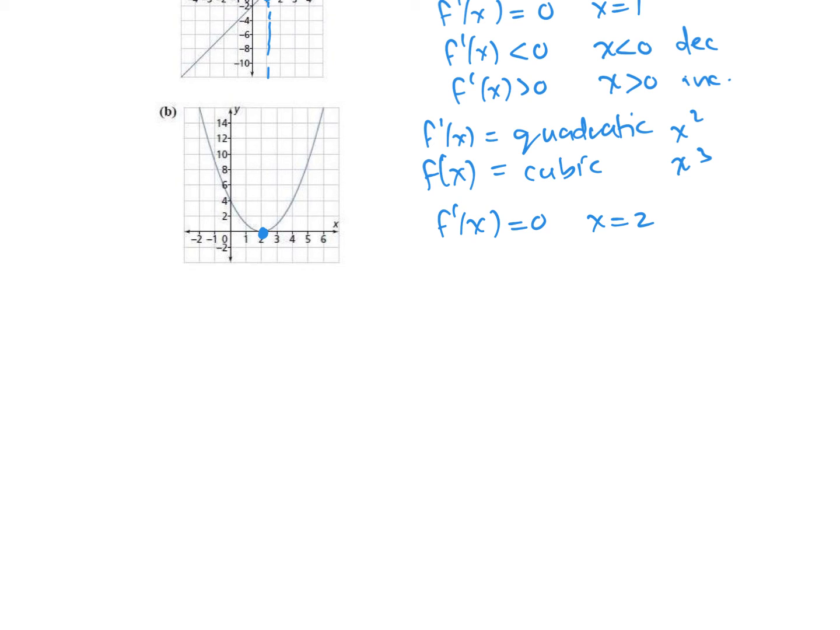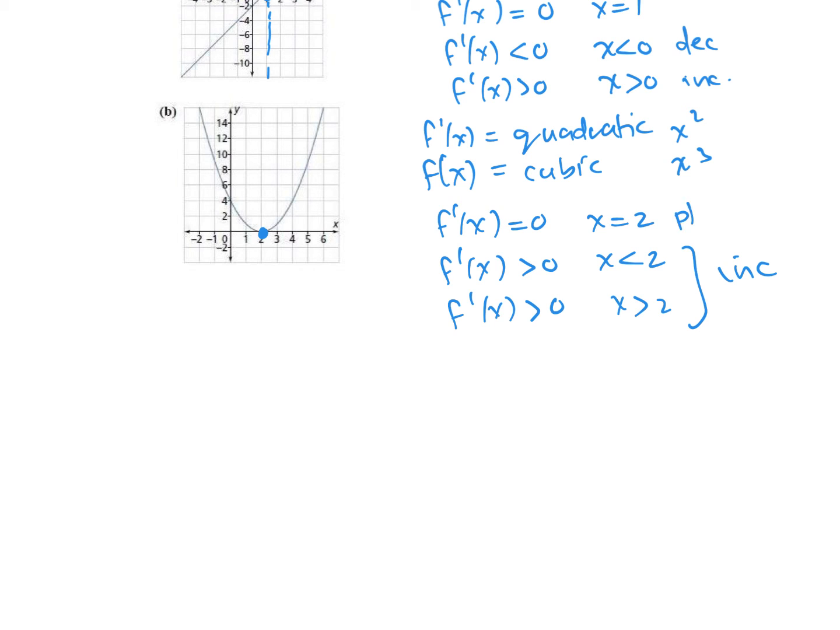And what do we know before that? Well, we know that f prime of x is positive when x is less than 2, and it continues to be positive when x is greater than 2. So what does that tell me? That tells me that it's always increasing. So my cubic function will always be increasing. I also know that at 0,